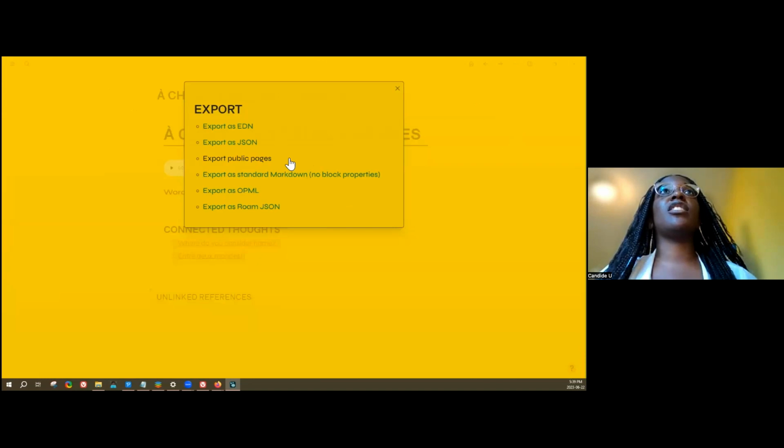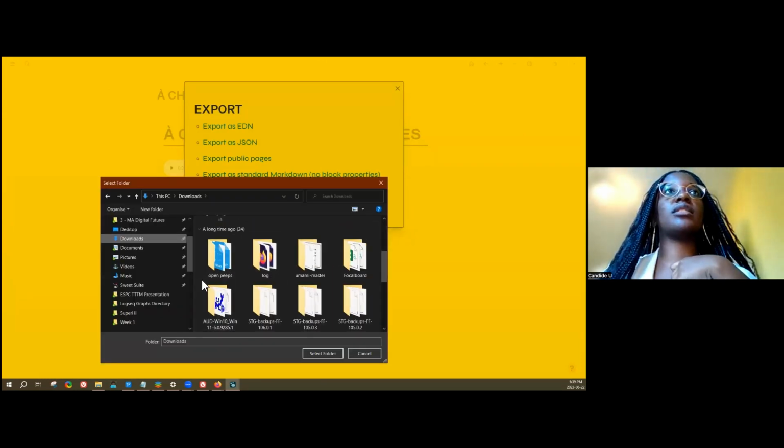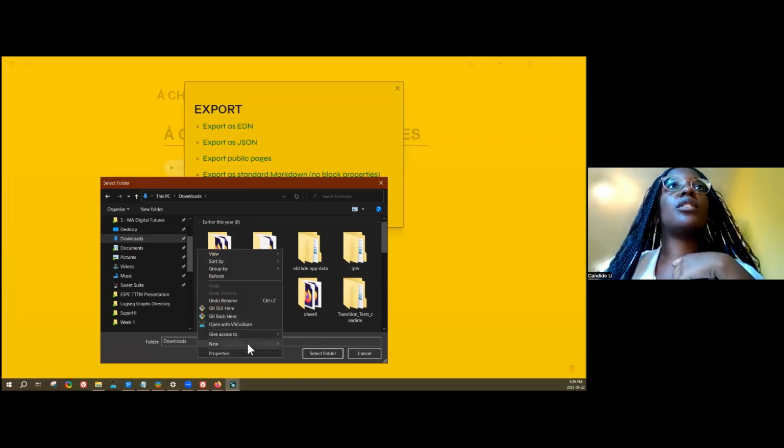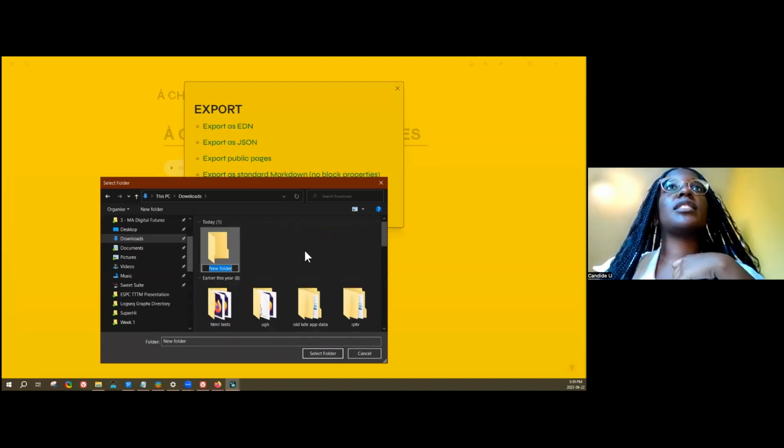If I click here on export public pages, it will bring up my file browser, and I will just create a new folder and save it in. I'll call this export test.